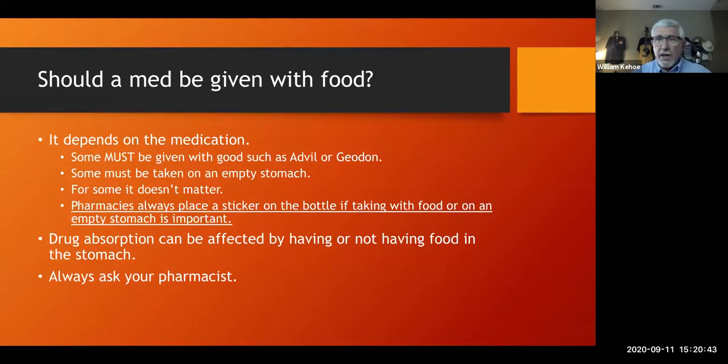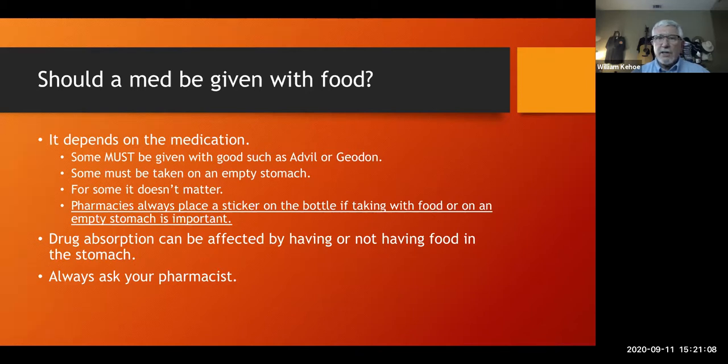Now, another question I often get from patients is, should I take this with a meal or on an empty stomach? And again, it depends on the medication. Some medications have to be given with food in order to be absorbed appropriately. A good example of that is a drug, the brand name Geodon, which generically is ziprasidone. It's an antipsychotic medication. And it actually requires some of the fat that you get in a meal to be